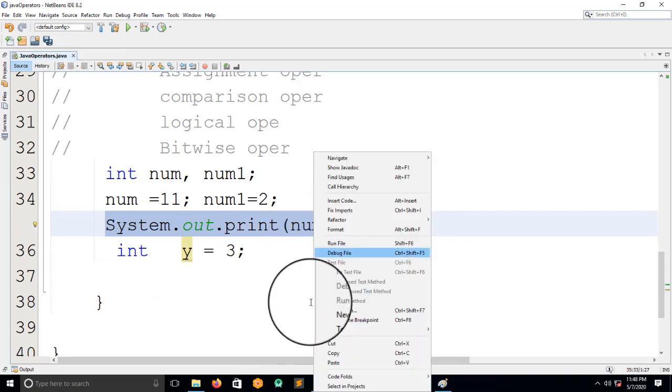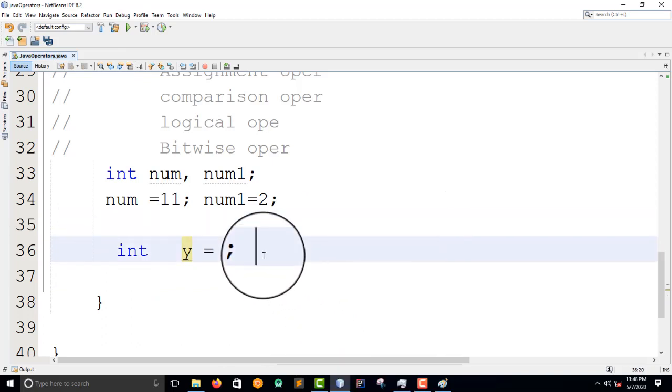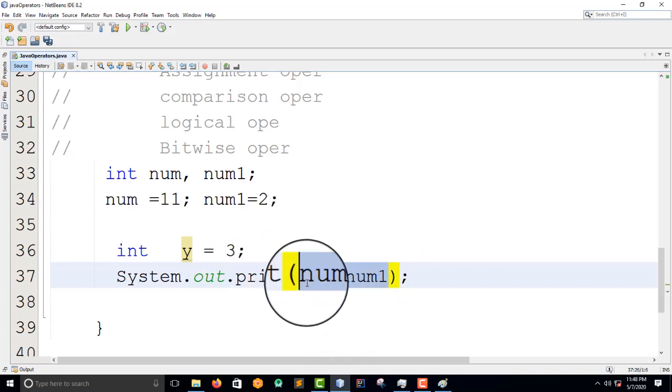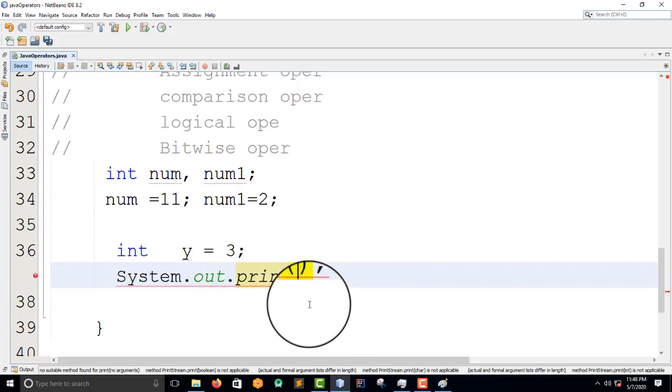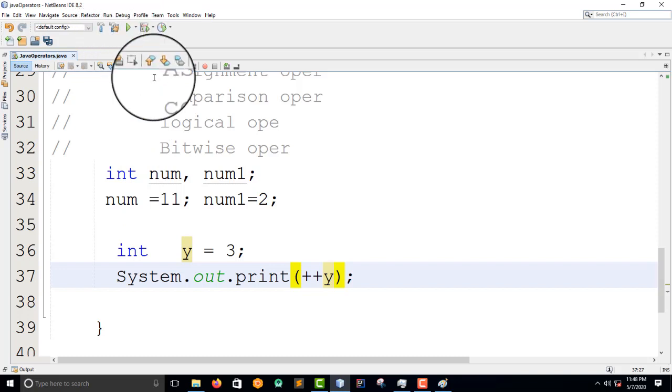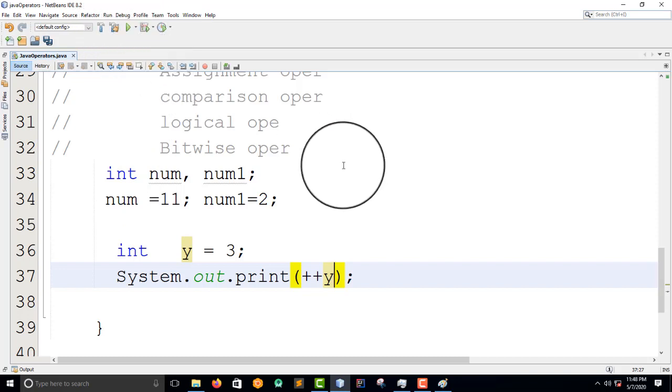I'm going to do the decrement type. So come back, then Control D. Then I do this. I want to increment this, so what will I do? I just take ++y, then see what will happen. So let's see the answer. So I do this. Okay, and run.